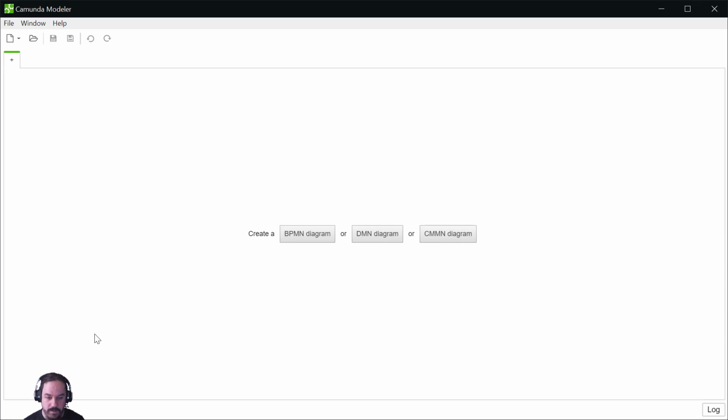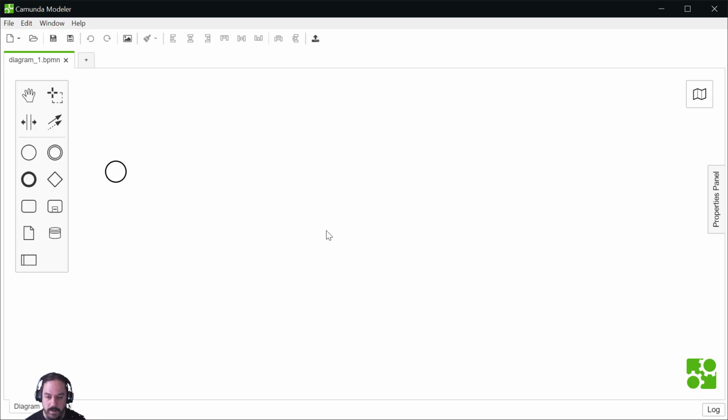The first thing is to use a good modeler, and I have chosen Camunda Modeler because it's very accessible and I knew it before, so that was the easiest one. The first thing you will see is that you have a starting point that is already set for you, and you will notice that the border is a simple black border. In BPMN, the shape and the outline are the two things that are relevant. The remaining stuff like the color or even the deformation are not significant. That means that you are free to add icons or to color it.